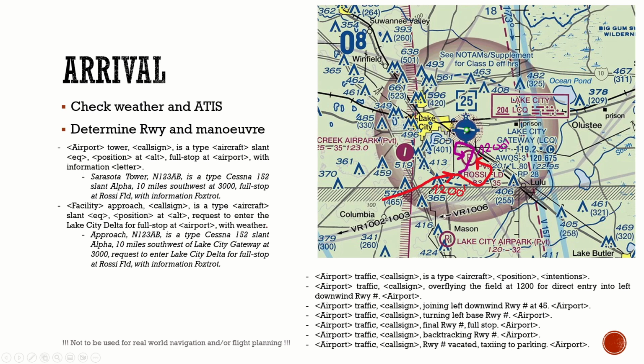So that's arrival. Of course, again, do make position calls. The first one should be at least 10 miles from the airport. If we would have a controller, our call would be slightly different than if we were coming to the main airport in the Delta. You would include also the information that you don't intend to land at that airport, but you want to land at some different one. So it could be something like, not Sarasota Tower, of course, but it would be Lake City Tower. November 123 Alpha Bravo is the type. Cessna 152 Slant Alpha, 10 miles southwest at 3000. Full stop at Rossi Field with information Foxtrot, if they have ATIS information published, or something like that. So that's for the arrival portion